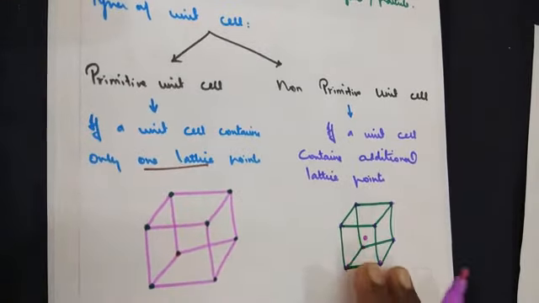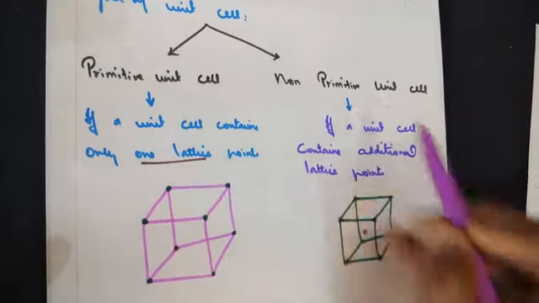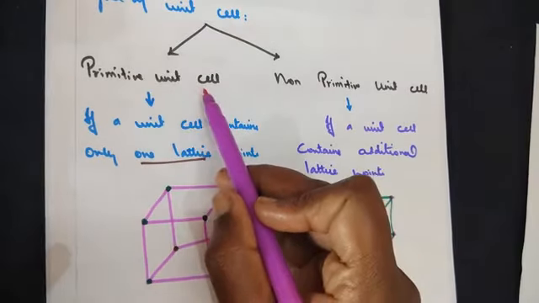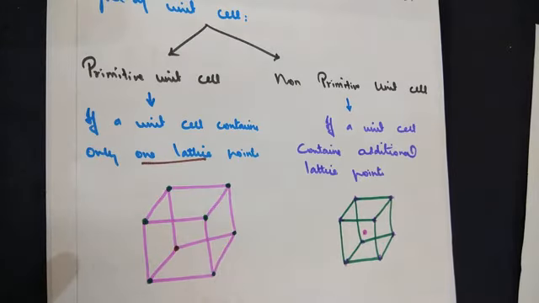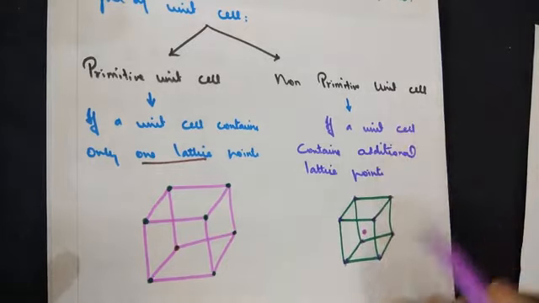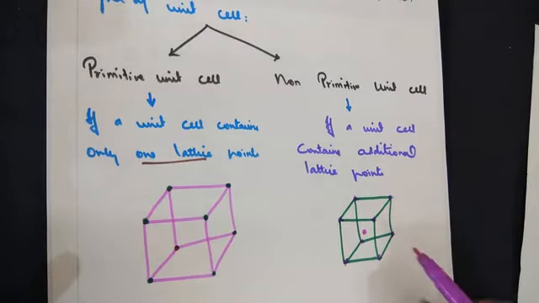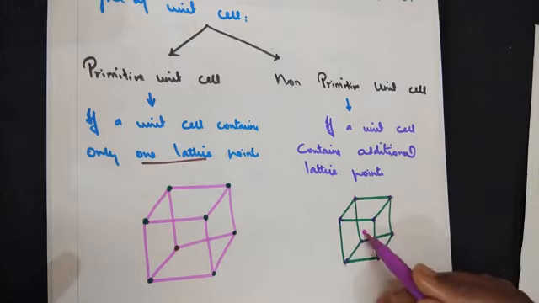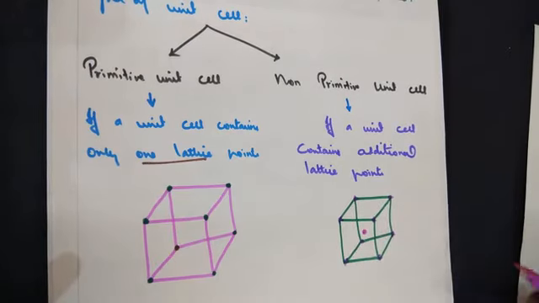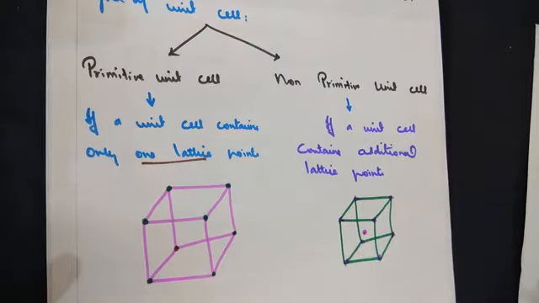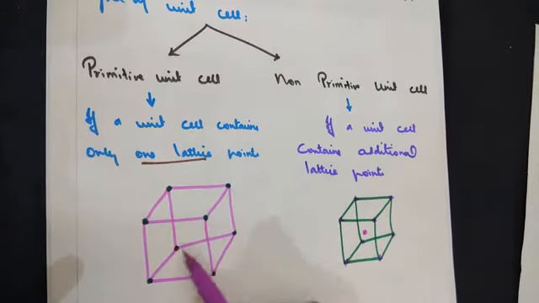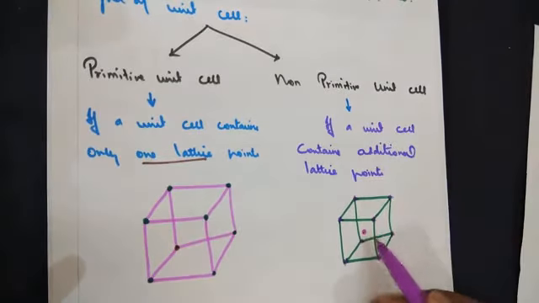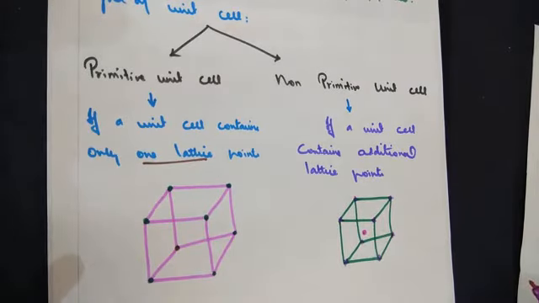The only point that you have to remember when you hear the words primitive and non-primitive: primitive, when we say the atoms or ions or molecules will be there only on the edges. Non-primitive, when we say the atoms or ions or molecules can exist apart from the edges, they can also exist within the unit cell, or on each of the faces. So the categories we will see later. All you have to remember: primitive, when we say the points will be only at the edges. Non-primitive, when we say other sources of existence of points are also possible.